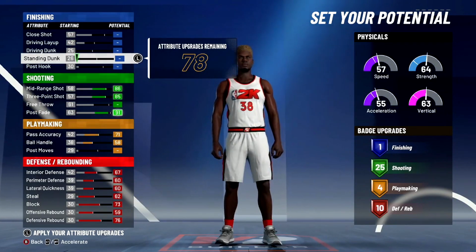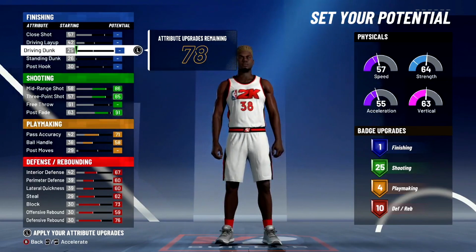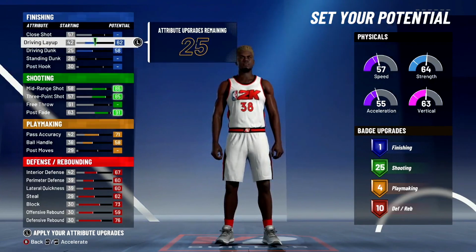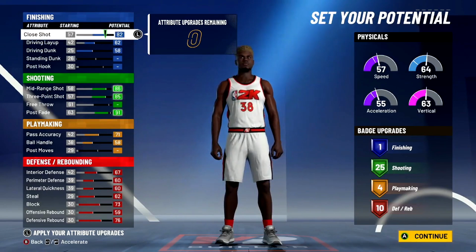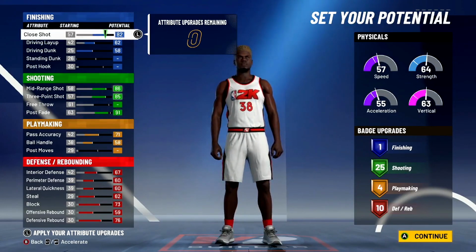The reason he only has that layout is because I wanted to have a better finishing. I wanted my driving dunk to be up. I wanted my close shot to be up. I wanted my layups to be up. You get what I'm saying? If I could change anything, the amount of times I finish at the rim are really slim. I don't really finish at the rim like that a lot. There'll be some times, guys, where I'll go and lay it up or something like that. But if I could change it,